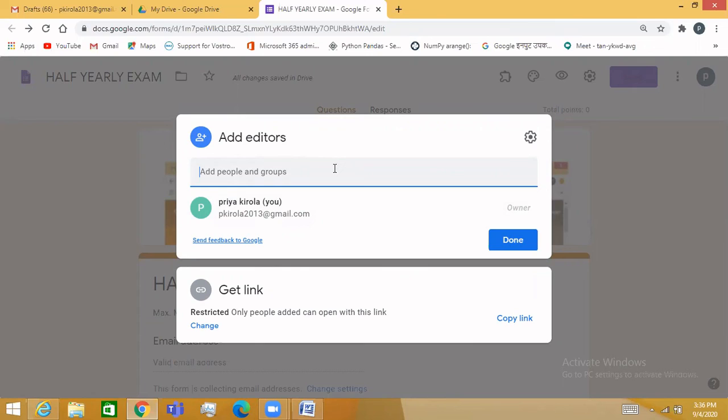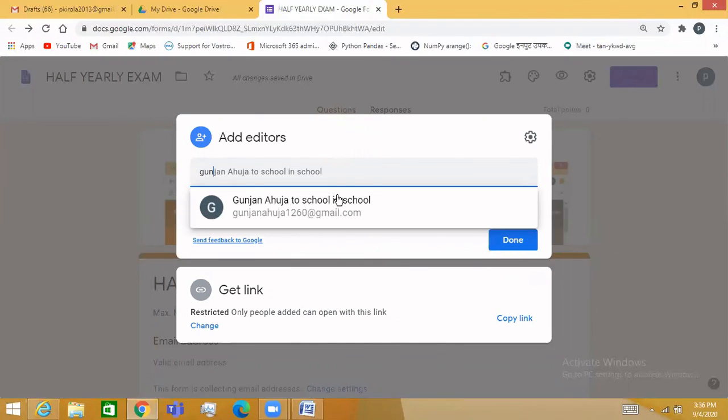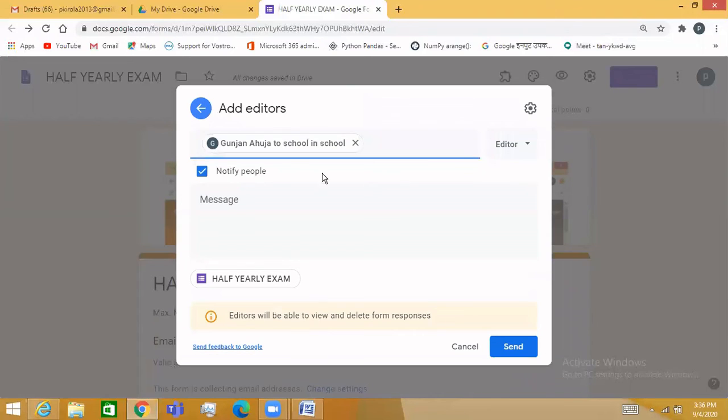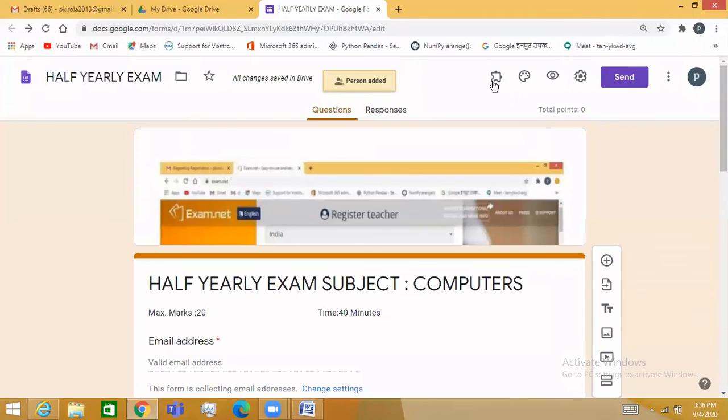Let us say I have shared this one, and the editor right is there. We are giving editor rights and clicking Send. Now the question paper will be shared with the person. The person added message is visible to everybody.